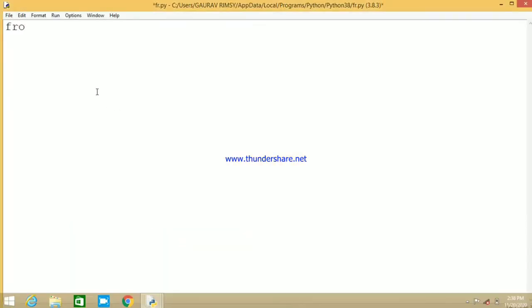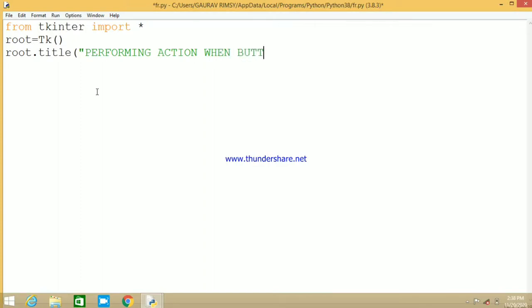First of all, from tkinter import star, and then we create a root variable over here. Then we set the title of our Tkinter window: performing action when button is clicked.